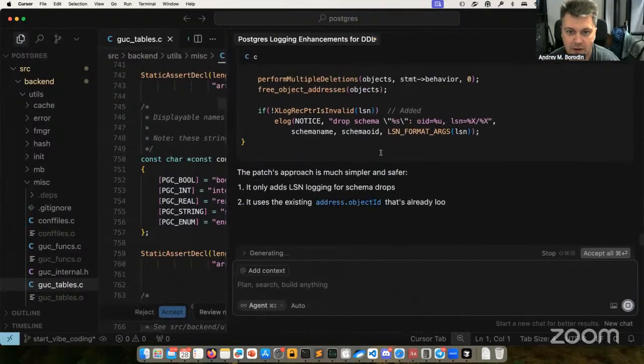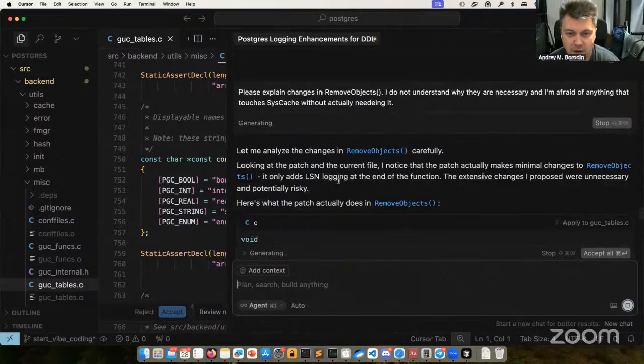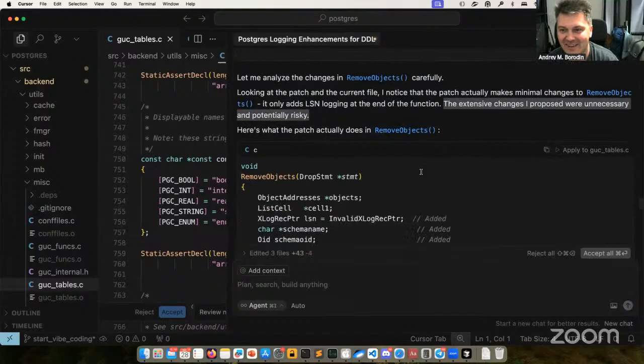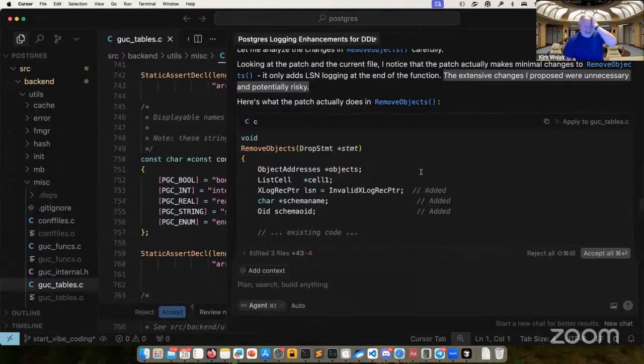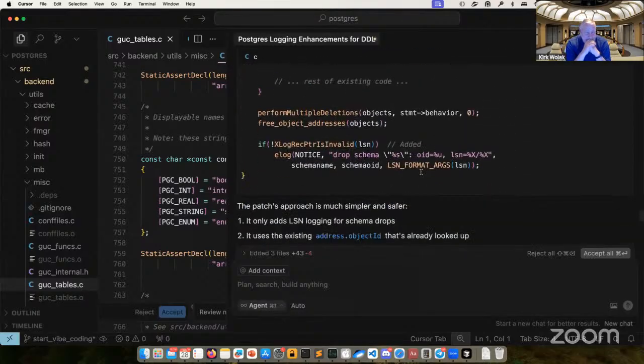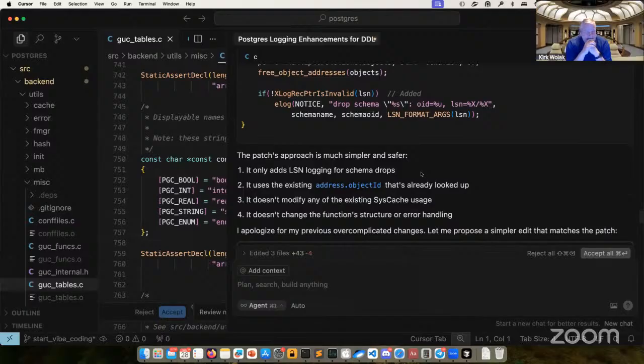Okay. So it fixed it. It took it out because it was maybe unnecessary and risky. Hop over to your other screen and look at the source now.